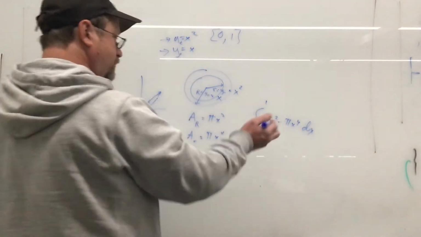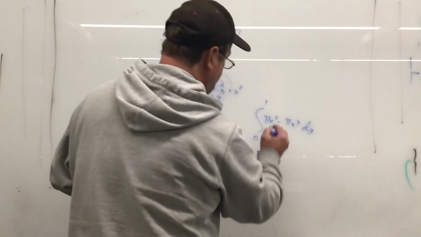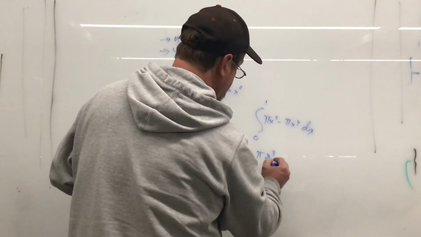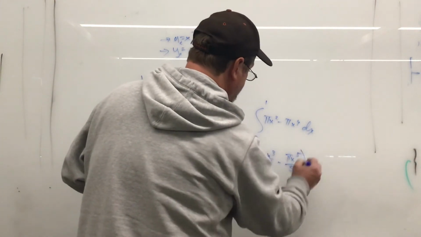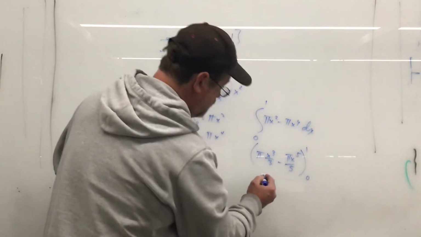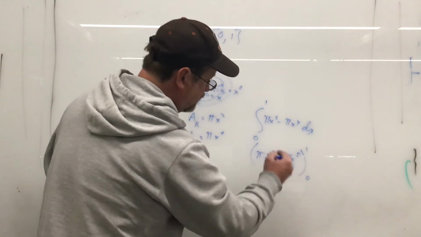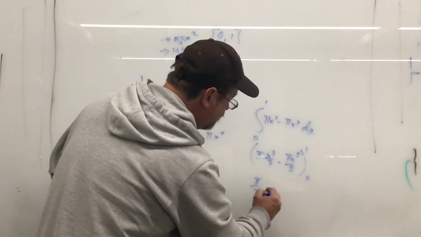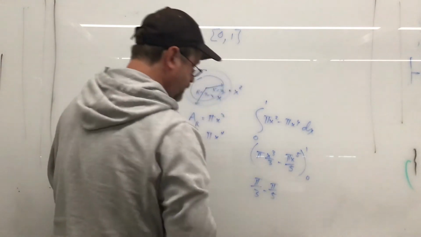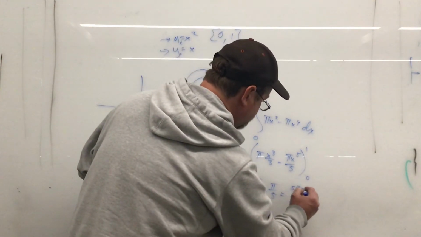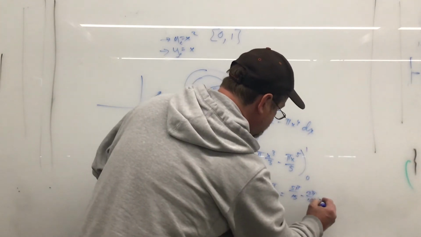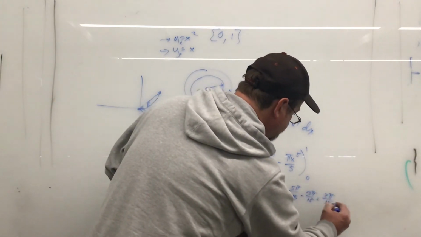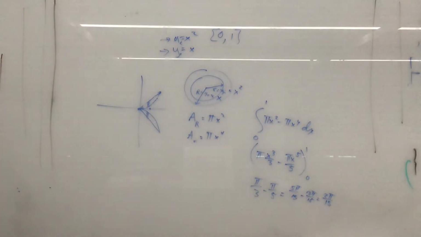This isn't 1 here. But still, simple integrals. Pi x cubed over 3 minus pi x to the 5th over 5, evaluated at 1, 0. I plug in 0 here, I'm going to get nothing. So this is going to just give me pi over 3 minus pi over 5, which is 5 pi over 15 minus 3 pi over 15, also known as 2 pi over 15. And that's the volume that would be formed by rotating that around the